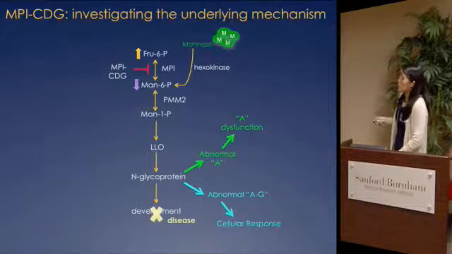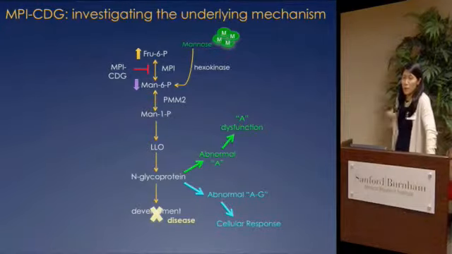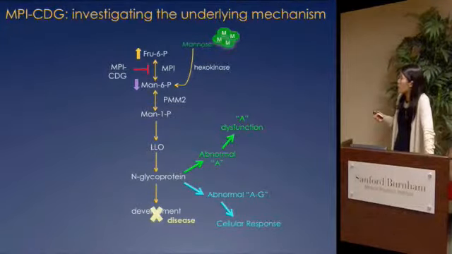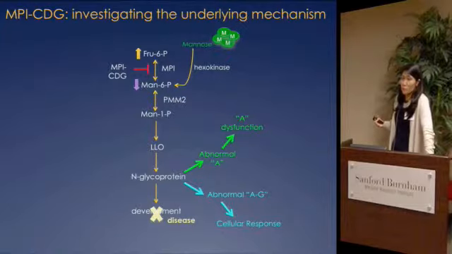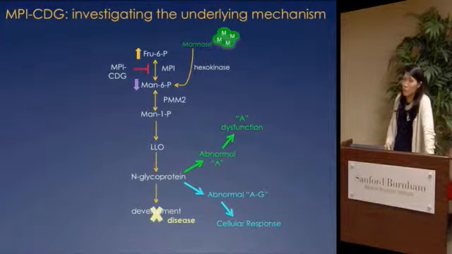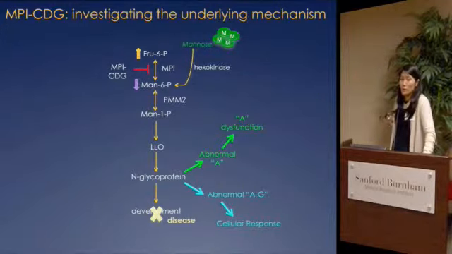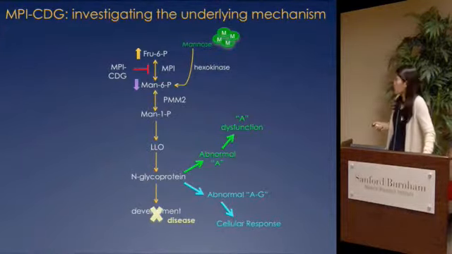So, why did we pick MPI-CDG? So MPI-CDG, I told you, is the gastrointestinal type, and when you treat these with mannose, the symptoms really improve within weeks, except the liver fibrosis continues to progress. And just last year, there was the first paper out to show that there was a successful liver transplant for this patient. And so really, we also wonder, why does this liver disease progress? So there are things that we understand about MPI-CDG, but a lot of things that we don't as well.